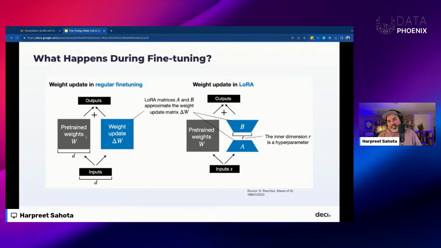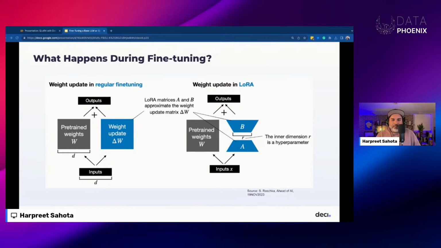Essentially, at the end you're going to add this delta W weight matrix to the pre-trained weights, and this is going to give us some updated weight matrix. Like I said, suppose our original weight matrix contains 7 billion parameters. That means that our update matrix, delta W, also has 7 billion parameters. You can see how this is adding up, and this makes the computation of this matrix very compute and memory intensive. And this is where LoRA comes in.